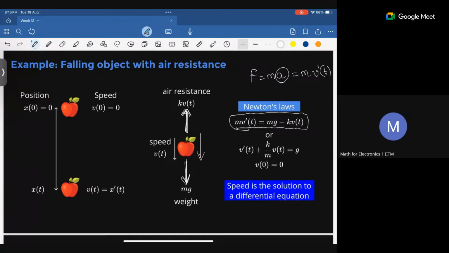So we know g, we know k. Given k, g is a standard thing, right? So 10 meter per second square. It should be 9.8, but we'll consider it to be 10 meter per second square. g is known to us. k and m are also known to us. We know the air resistance, and we know the mass of the object. So all we are left with is solving this ODE, which is a first order